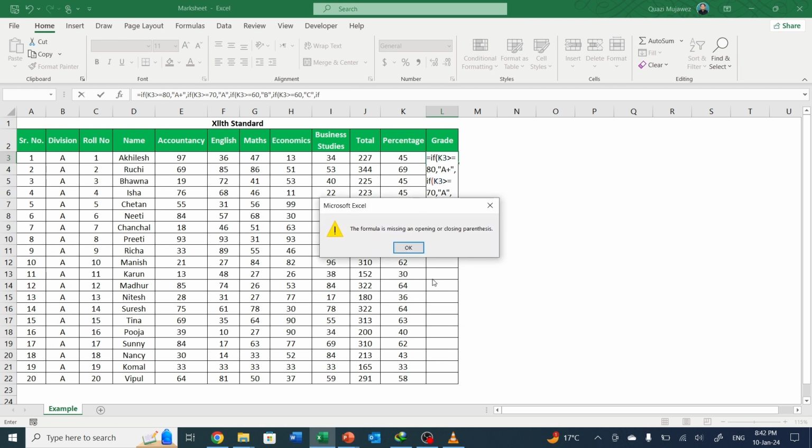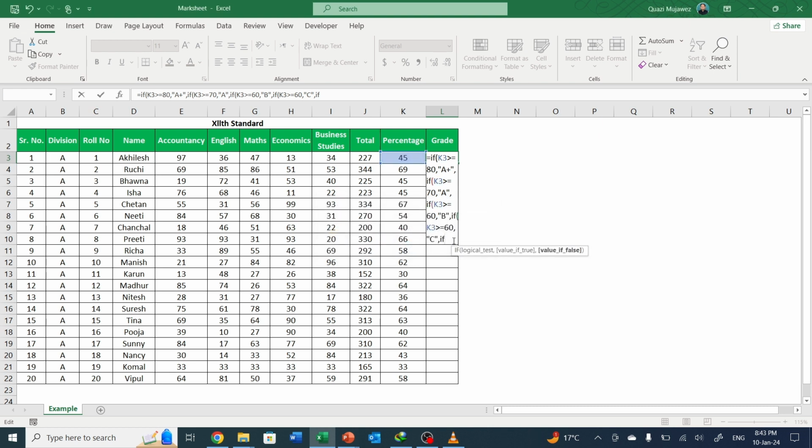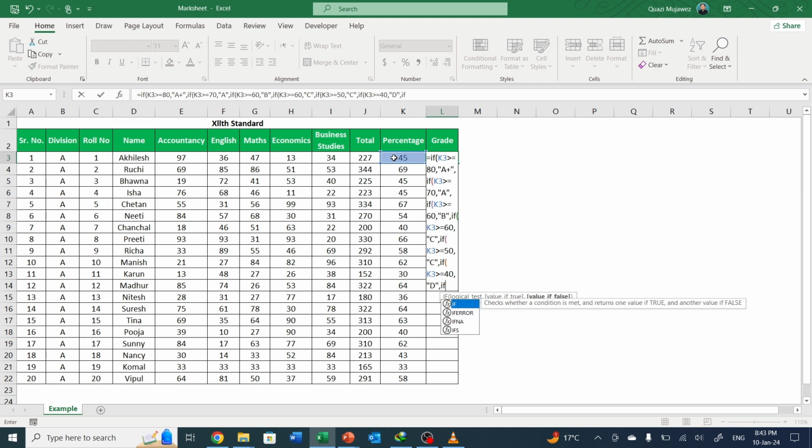select the cell, greater than or equal to 50, comma, double quote start, C, comma, one more condition if, bracket, select the cell, greater than and equal to 40, D, double quote close, comma, one more if to check the